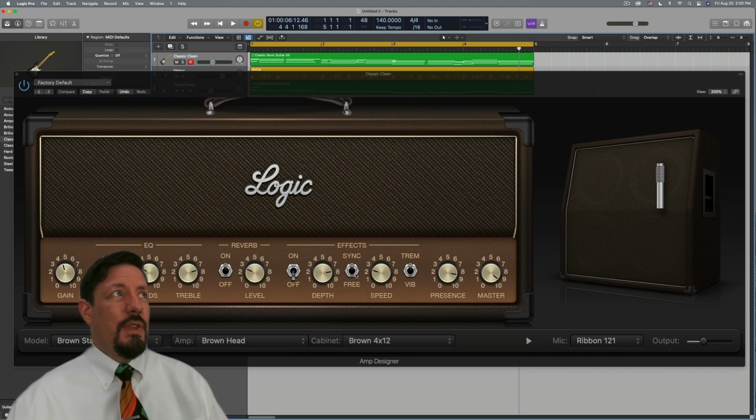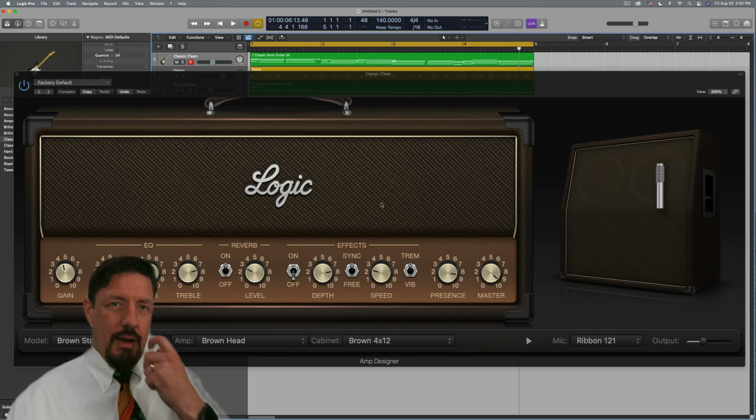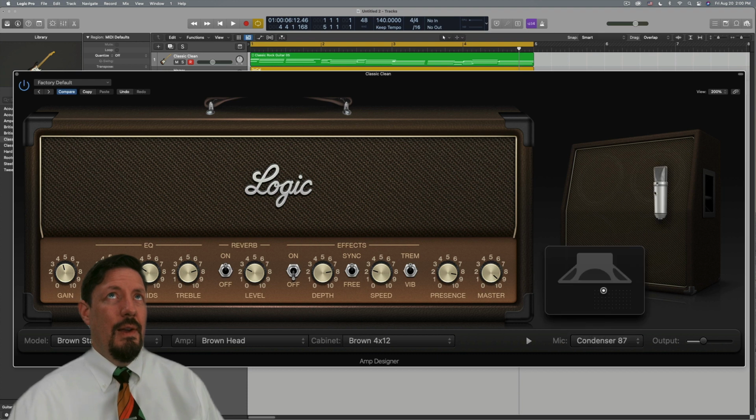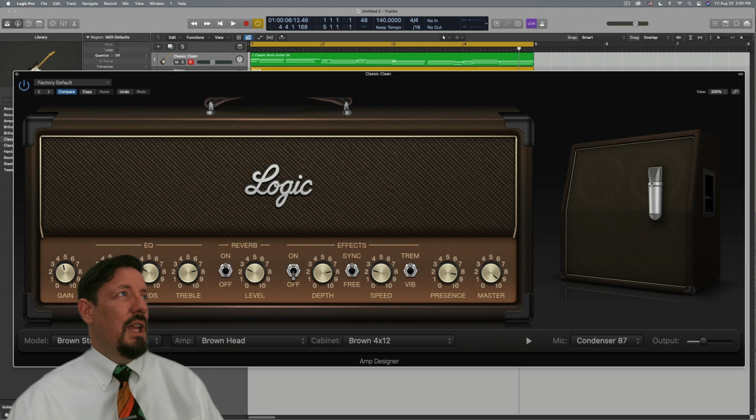And so all of these things that we've been talking about are on this interface. Here's the mics right here, and here's how we move it around. Off axis would be over on the right side. On axis would be on the left side here. And then we can change